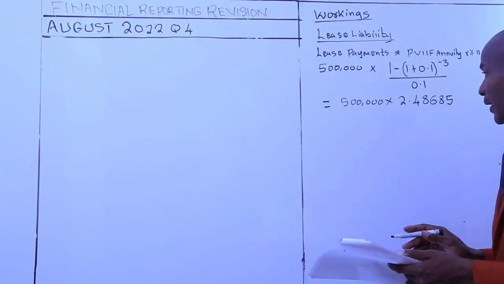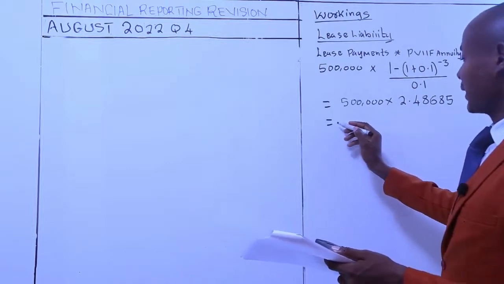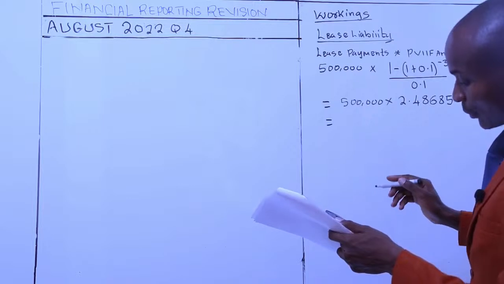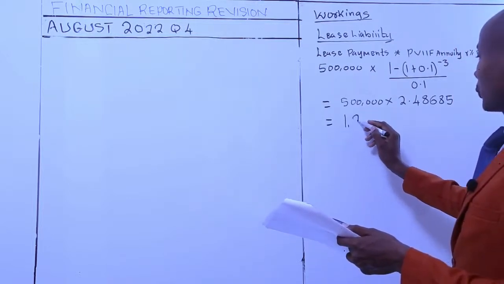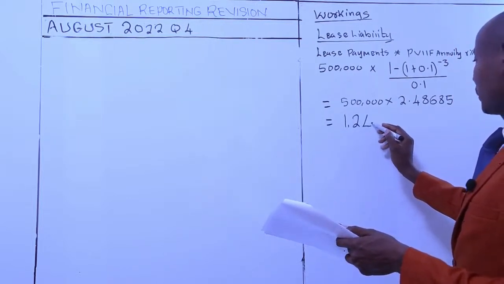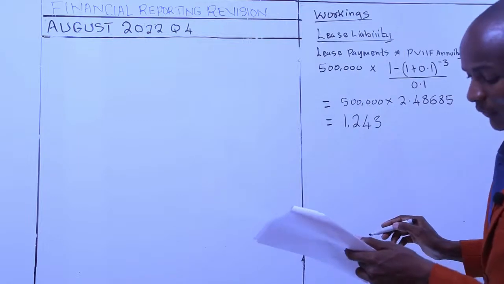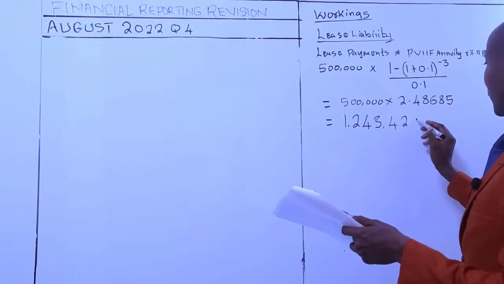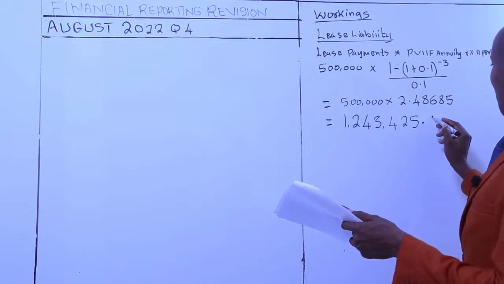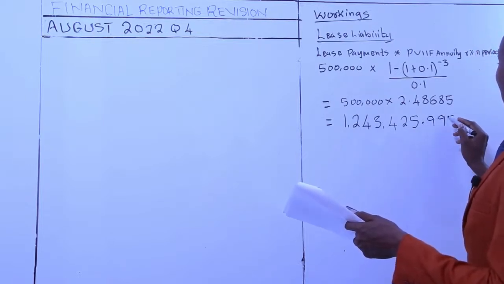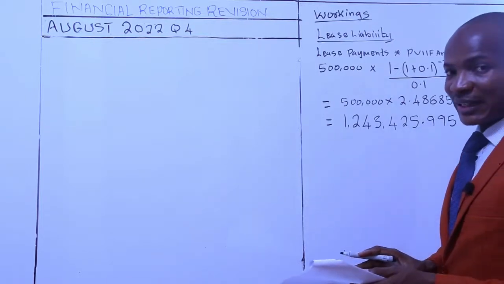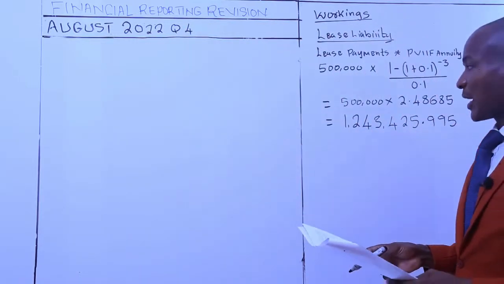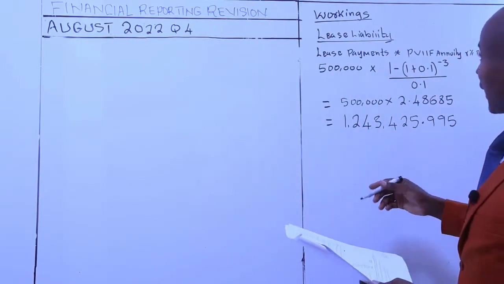That will give you a lease liability of 500,000 times answer, 1,243,425.995. So that is the lease liability at inception, which follows up with the computation of the right of use